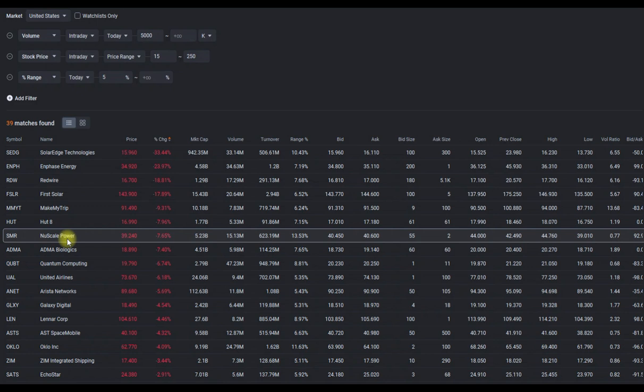So the data is as follows: down nearly more than 7.5%. 15 million shares of volume. That's amazing. Range percentage way above average. So we ask about 5%. This one is 13%. What happened here? We can go to Yahoo Finance and read about it. No need. Okay, so let's look at the chart and